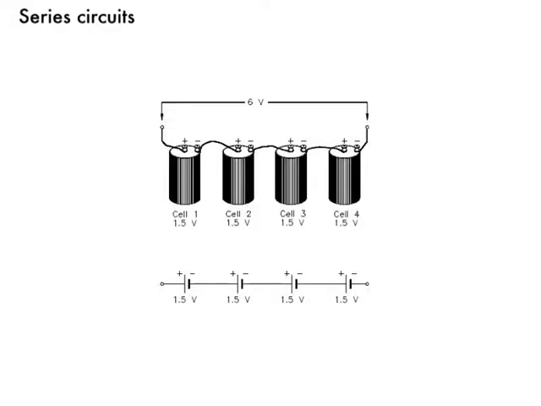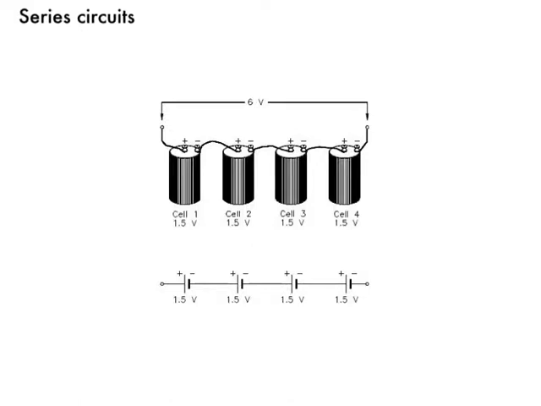Each cell in the circuit gives the electrons a push. So imagine there's an electron coming through here along the circuit. It gets to the first cell, which gives it a push. This cell gives it a push, this cell gives it a push, and it goes off around the circuit, okay? Each cell gives the electron a little push,